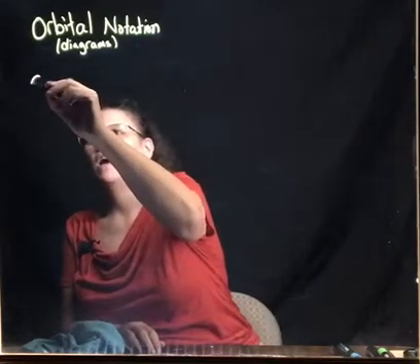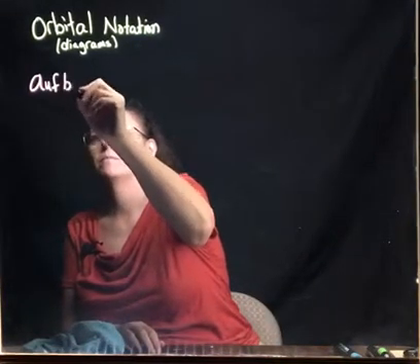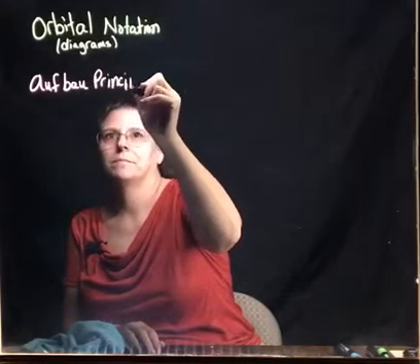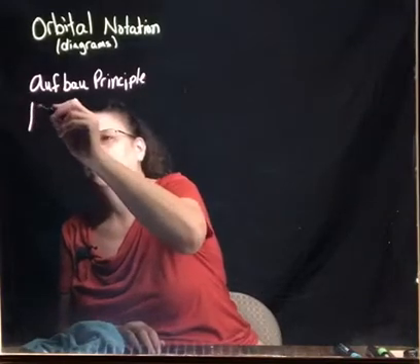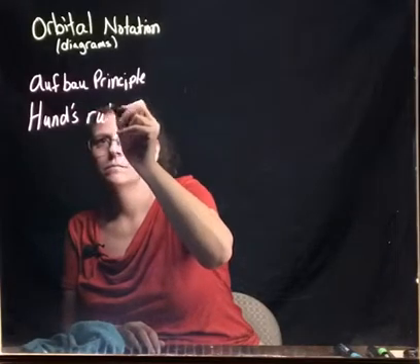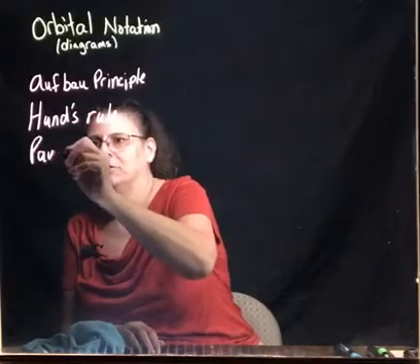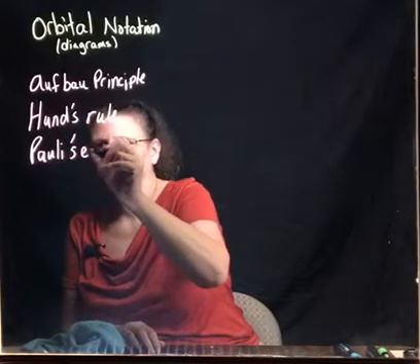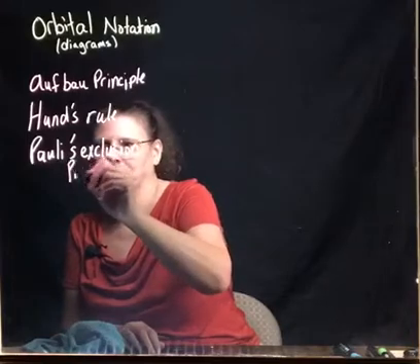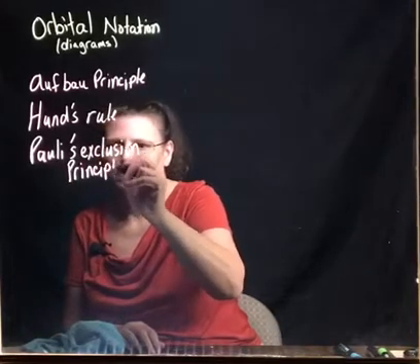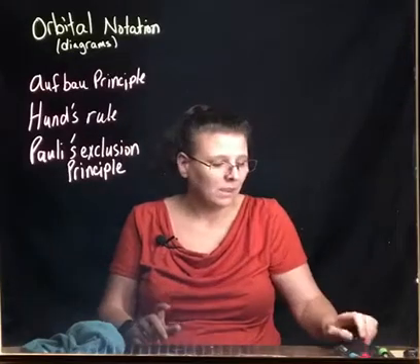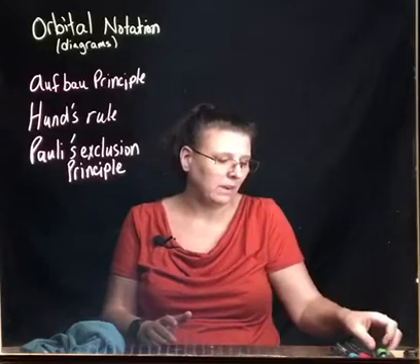We have the Aufbau principle, Hund's rule, and Pauli's exclusion rule, or principle. These are all on your cheat sheet I gave you the other day when we did electron configurations